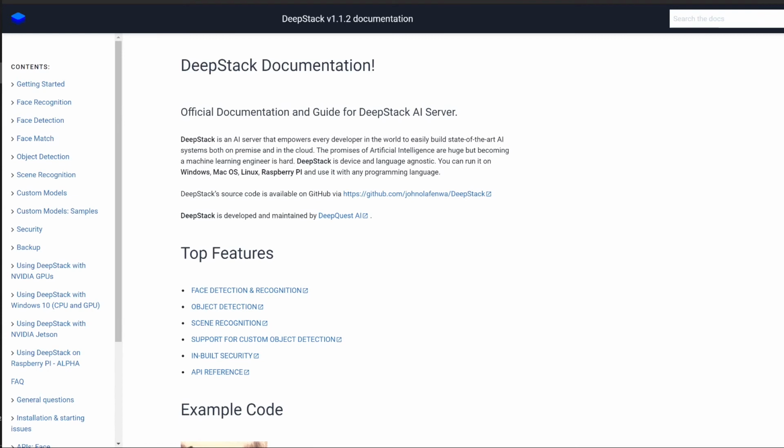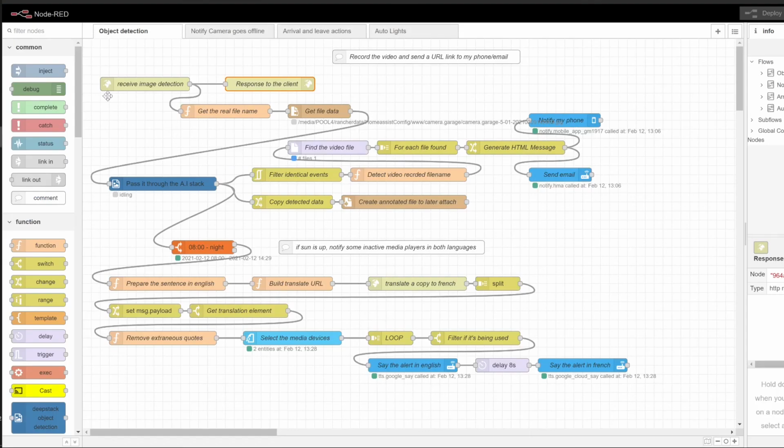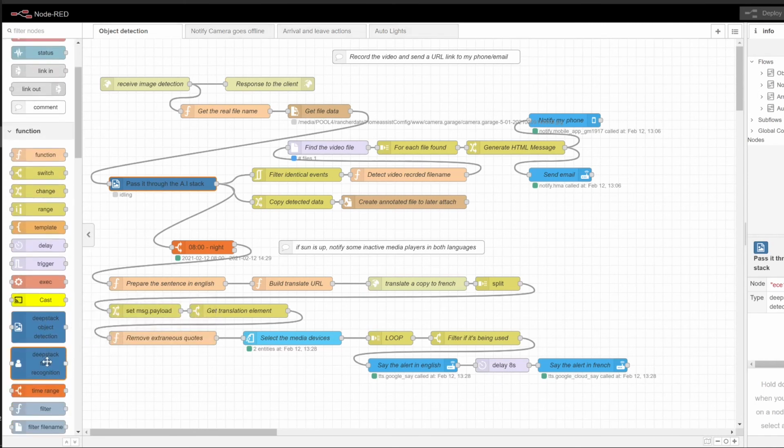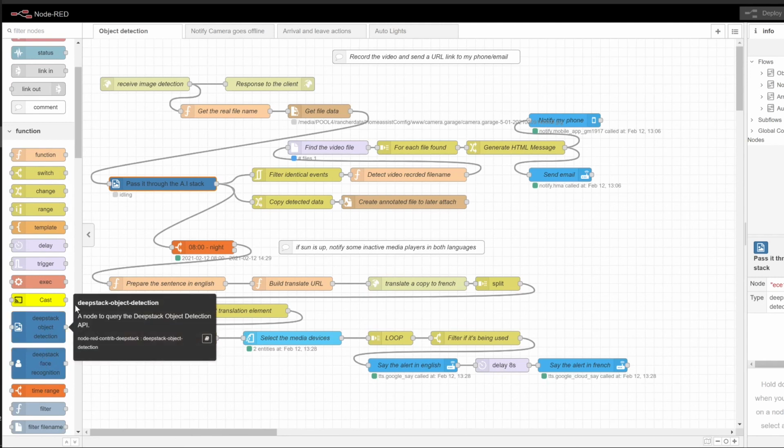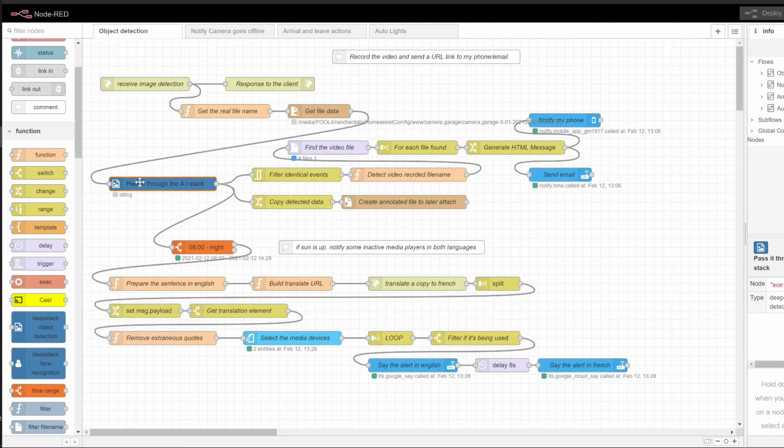So I don't want to get too deep into that one either, but suffice it to know that it's a very easy piece of software to use, and if you send a picture through it, it can return what it has detected in it. So that's the third piece and third ingredient here that you need to get this done. If you go through the documentation, it explains quite quickly how it can be used, and there are a lot of setups that can use it natively. And as I demonstrated earlier on, my little piece of software here already has an object that can use DeepStack natively, and you just pass it a picture and it returns what it's detected through it. So it can be very simple to use.